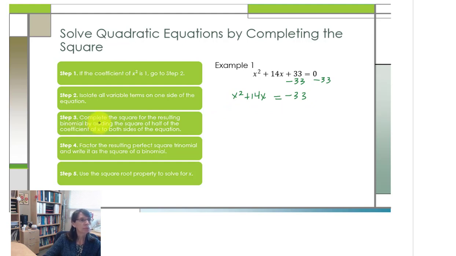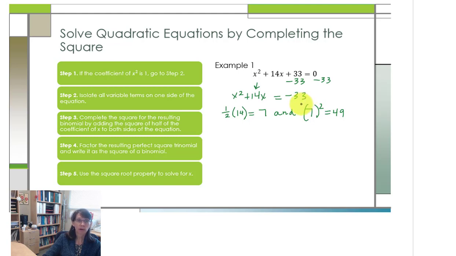Step 3. Complete the square for the resulting binomial by adding the square of half of the coefficient of x to both sides of the equation. Our coefficient of x is positive 14. So we're looking for half of 14, first of all, and half of 14 would make 7. And then we need to square that quantity of 7. And this amount, 49 in this case, is what we need to add to both sides of this quadratic equation